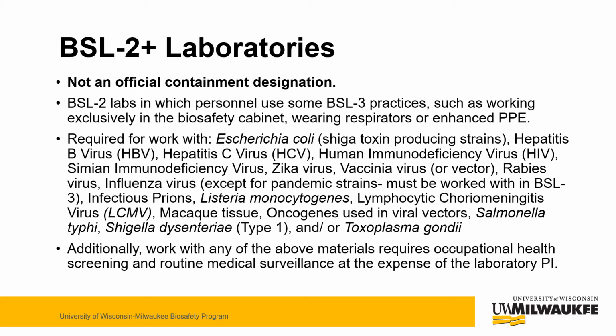E. coli, Shiga toxin producing strains, hepatitis B virus, hepatitis C virus, human immunodeficiency virus, simian immunodeficiency virus, Zika virus, vaccinia virus or vector, rabies virus, influenza virus, except for the pandemic strains, which must be handled in at least BSL-3, infectious prions, Listeria monocytogenes, lymphocytic choriomeningitis virus, or LCMV, macaque tissues, oncogenes used in viral vectors, Salmonella typhi, Shigella